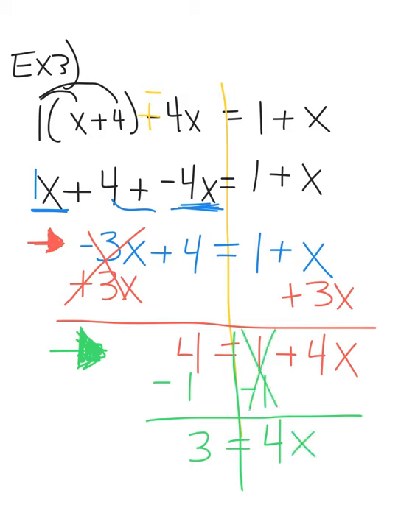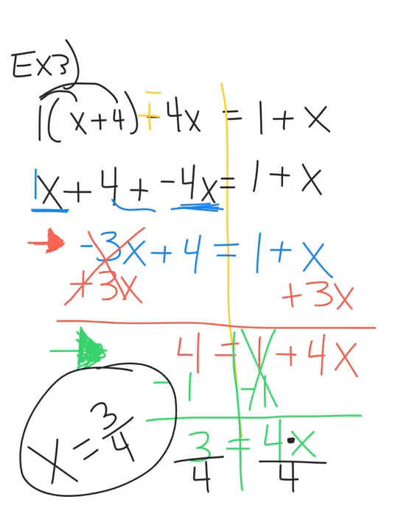I've almost got that letter x all by itself. Now we are going to break apart the 4 and the x and undo that operation, which is 4 times x, so the inverse would be divide. And your answer here is actually a fraction, and that is okay. Just leave it as a fraction. And with that being said, those are our notes for